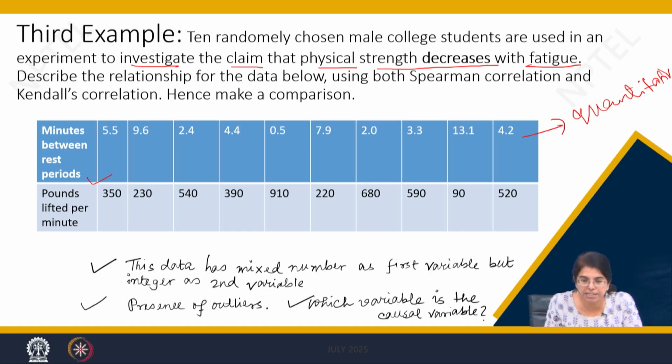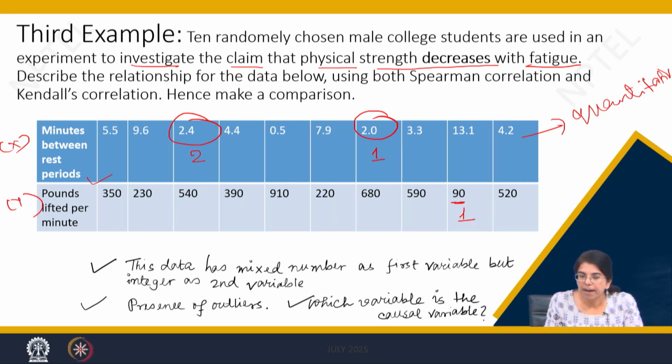These are not given in rank, so you have to make the rank. So which one is the smallest observation for this X, and this is say Y? The smallest observation is 2.4. Oh no, the smallest observation is 2. Clear? So the rank will be 1. Second smallest is 2.4, so the rank will be 2. Similarly, which one is the smallest observation here? Here 90 is the smallest observation, so the rank will be 1. So basically you need to convert it into ranks and then you can proceed for the test.